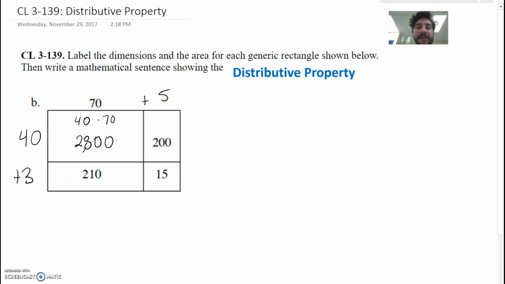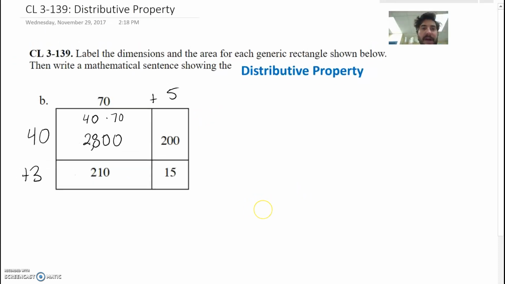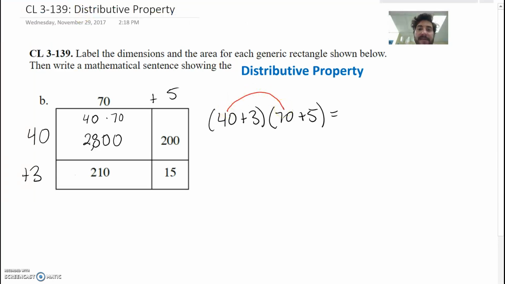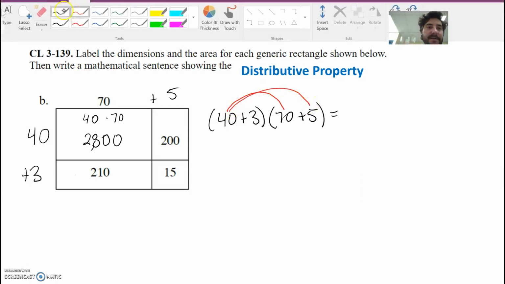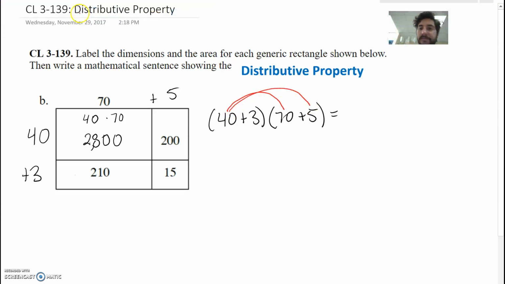But let's write a mathematical sentence showing the distributive property. The distributive property says this: if I have a sum, so 40 plus 3, multiplied by another sum, the product of those will be equal to the product of all of their parts. So what it's saying here is if I take 40 and multiply it by 70 and add that to 40 plus 5, so if I take 40 times,